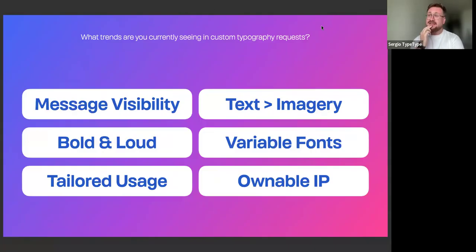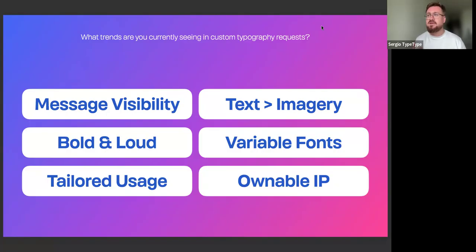Usually it goes to message visibility, when you want to send a specific message from your brand using only typography. You may use a lot of imagery, photo styles, videos, but the message is delivered by the text. People read it on the screen, on the banners outside, on the digital ads, TV, and everywhere around. We read the text, so a lot of brands focus on that. And that is a trend we notice is rising and rising again and again, to be bold and loud, to be